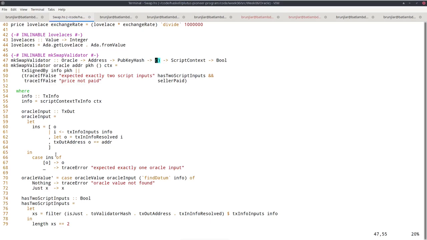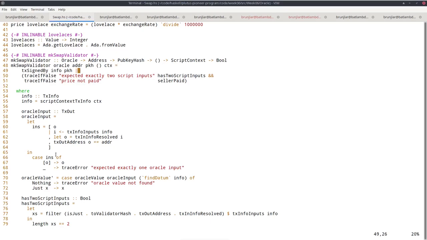And we want to support a second use case, namely that the seller can retrieve his assets. Otherwise, they could be potentially locked there forever. So there are basically two ways to unlock the Lovelace locked by the script address. One is if somebody actually does the swap, gives tokens to the seller in exchange for Lovelace. And the other is that the seller himself retrieves the Lovelace. So he doesn't want to do the swap anymore and gets his money back.